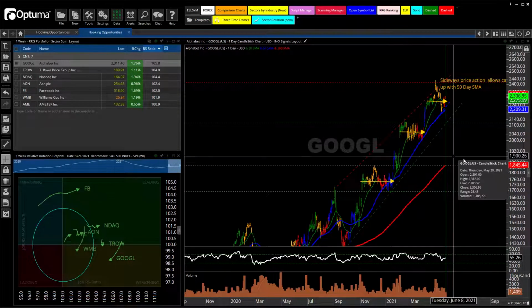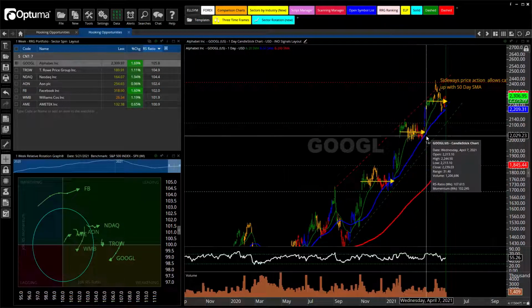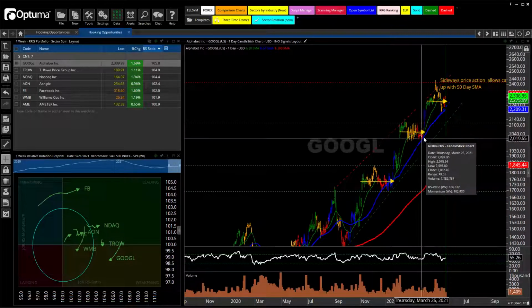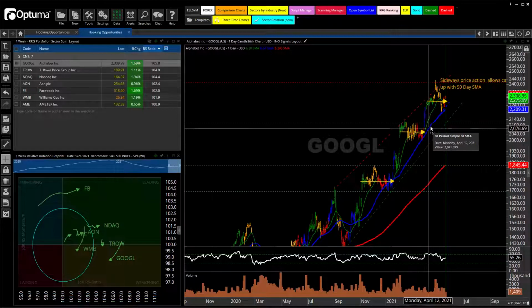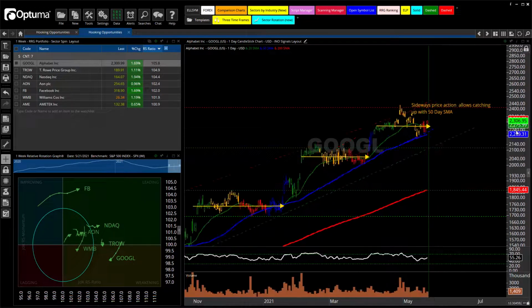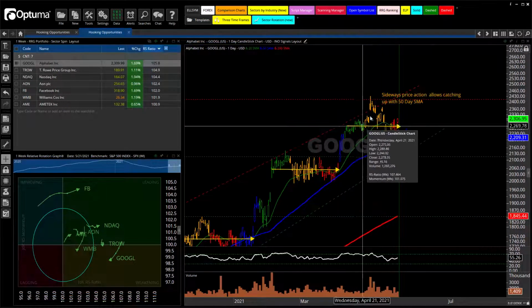Now, as you can see, Google likes to move higher in a stair-step fashion. It makes a big move, then it consolidates sideways to play catch-up here to its 50-day simple moving average. And it appears to have done so once again. As I zoom in here to the most recent consolidation, it shot up,